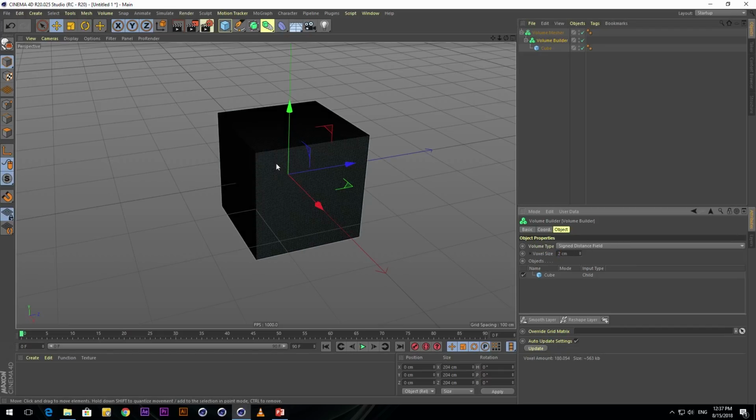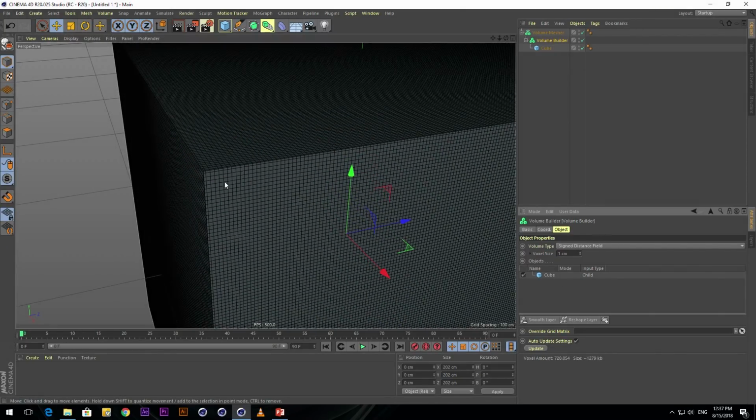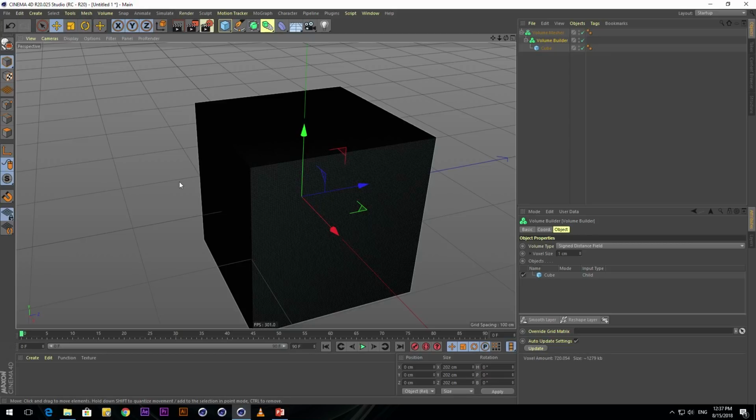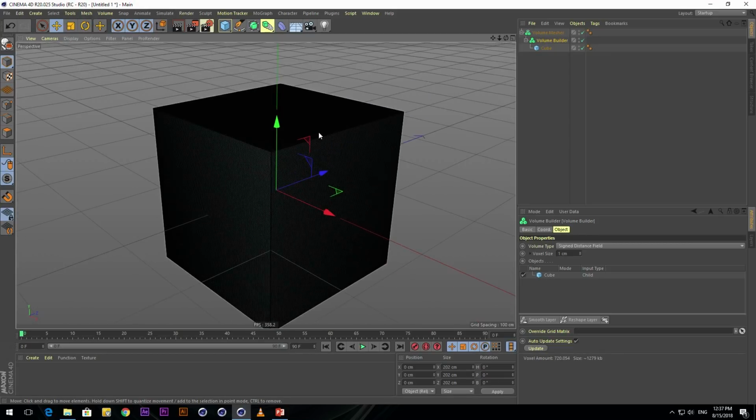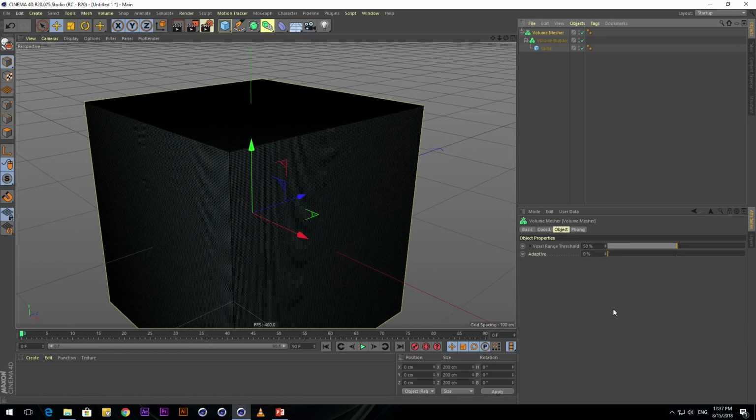So if I drop this down to 2, we get very sharp edges now. We could even drop it down to 1, and we're going to get incredibly sharp edges, but we've created a lot of geometry in the process. Now, there is one setting right out of the gate, if you want to keep these sharp edges, and depending on the way your mesh is in the mesher, we have